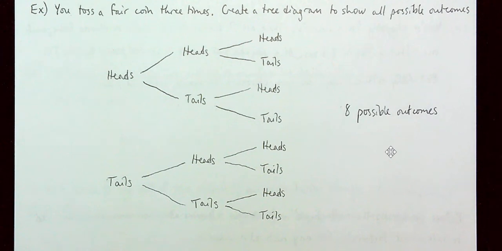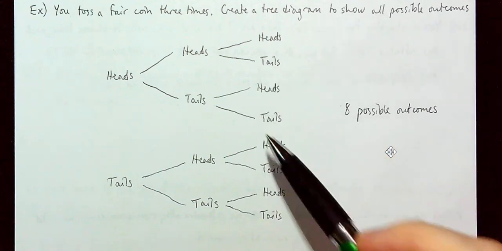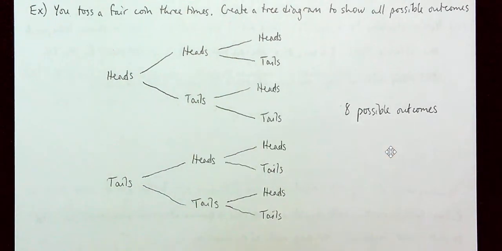But if you were going to roll, say, a 10-sided die, and you're going to roll it 10 times, you don't want 10 columns of values for 1 through 10, and then for each of those possibilities, 1 through 10. It's just way too long, way too time consuming. And it would just be a massive pain to have to actually write out. So tree diagrams do have their uses in nicer situations, but we don't always have those nice situations.